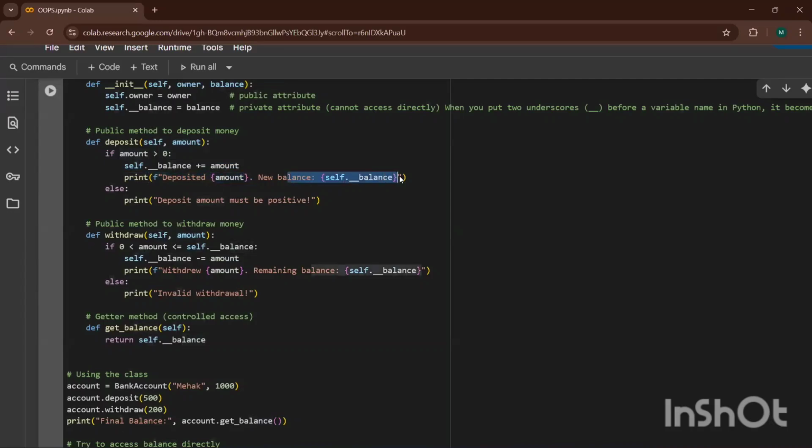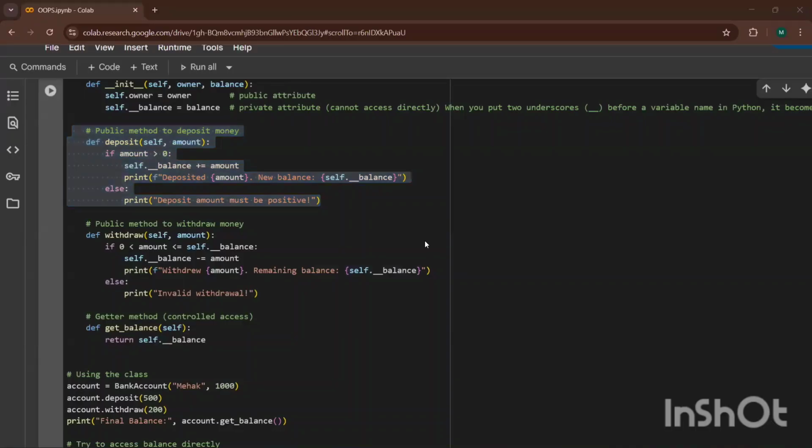That is the public method to deposit money. Else, deposit amount must be positive, because it will be positive only if it is greater than 0. Otherwise, it is negative. So this is what I am going to use to deposit the money.